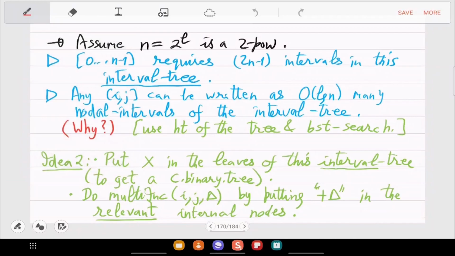Several weeks ago we started doing heaps. And in the assignment I have posted, you will see many applications of heap. Okay, we won't see all the applications in the class, but what was useful in the applications we saw in the class was this idea of storing a tree in an array. Instead of pointers, you store it in an array, and then within the array you can traverse the tree. You can go to the parent, you can go to the left or right child. So that was the augmented tree data structure application, which is solving the multi-increment problem, right?